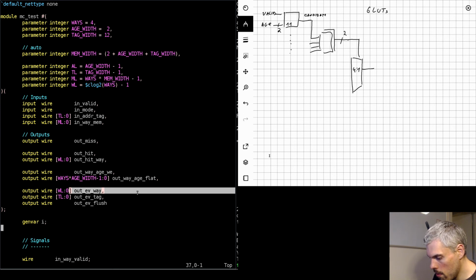which is the tag values, which are 12 bits. So a 4-to-1 mux for 12 bits in a LUT4 architecture, that's going to be 24 LUTs. And I need to drive another 4-to-1 mux,